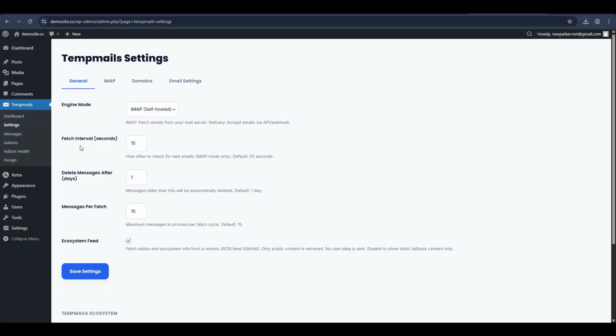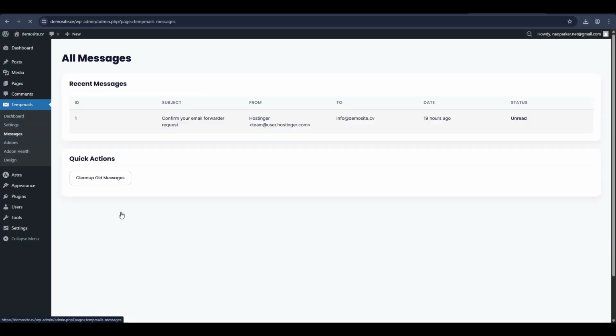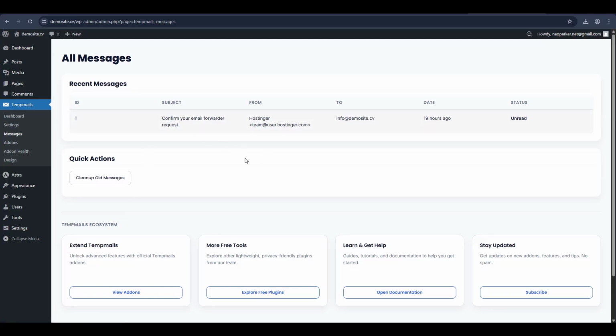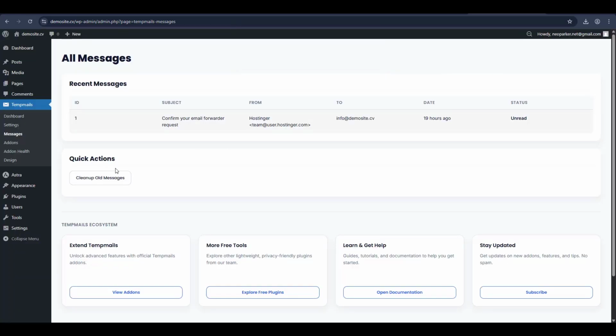Now we are back to the settings. Let's go to the dashboard again, and all messages, you will see all the messages here. You can clean up the old messages. It is going to keep some default messages, and when those default messages exceed, then only it is going to clean up. So maybe like 10 or 15 messages will still be in the recent messages, and if there is any extra message, then only it is going to be clearing those old messages. So it will not work right now, but let me just click on clean and see 0 message deleted. So yeah,